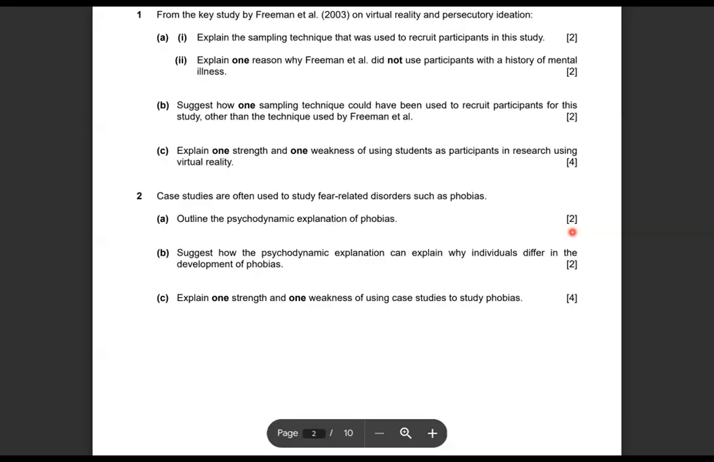Now, for part B, suggest how the psychodynamic explanation can explain why individuals differ in their development of phobias. So again, applying your knowledge of the content. Not necessarily a research method related question, more of a content based question. Now, the knowledge that you have of the psychodynamic explanation, how can it explain why individuals differ in their development of phobias? So although everyone has the same aspects in their mind of the id, ego, superego, according to Freud,